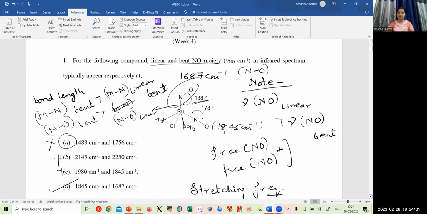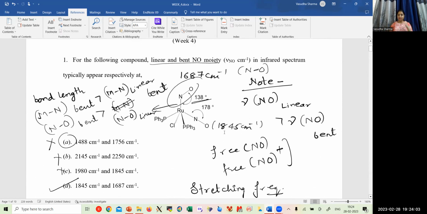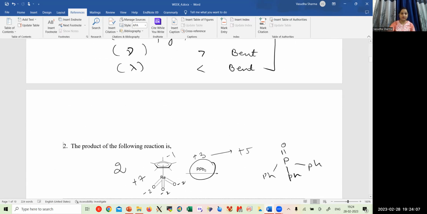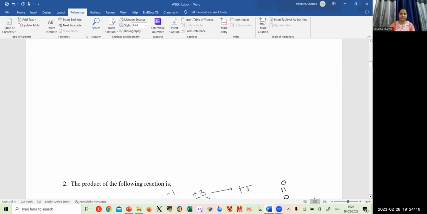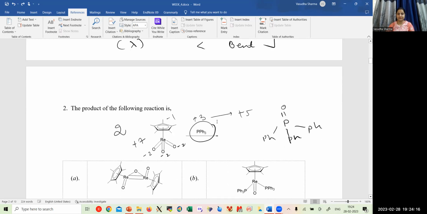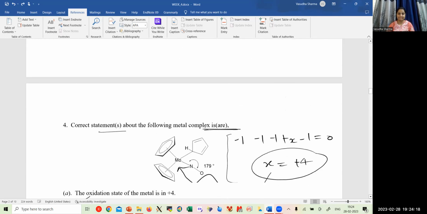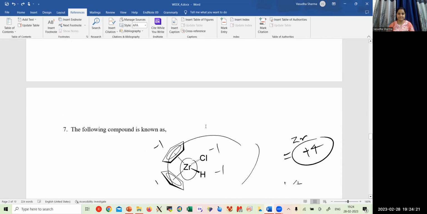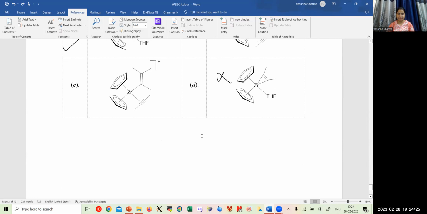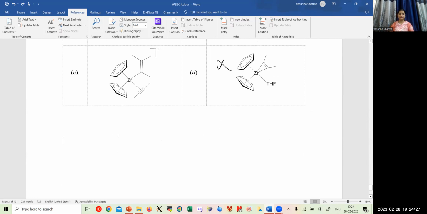So again, if you go through one more time through the concepts that we have seen, I will just give you a brief of it. So the important features that we saw